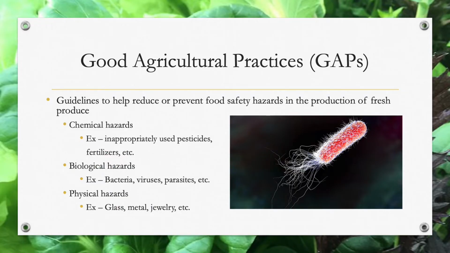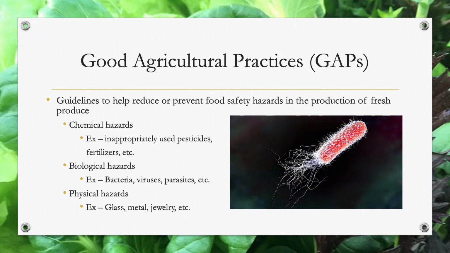So, what are good agricultural practices? They actually have quite a few different meanings, but in this case, when we're talking about produce, we're talking about food safety. They are guidelines to help reduce or prevent food safety hazards in the production of fresh produce, particularly produce that's eaten raw. Those food safety hazards can be chemical, they can be biological, or they can be